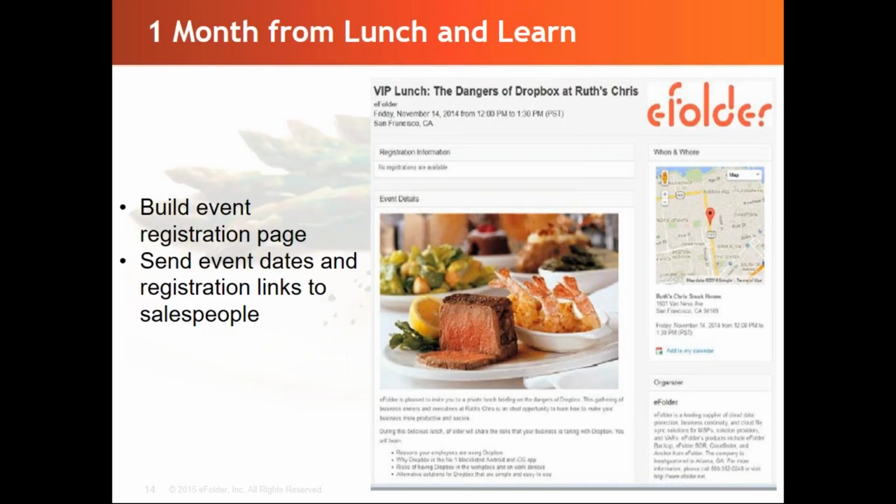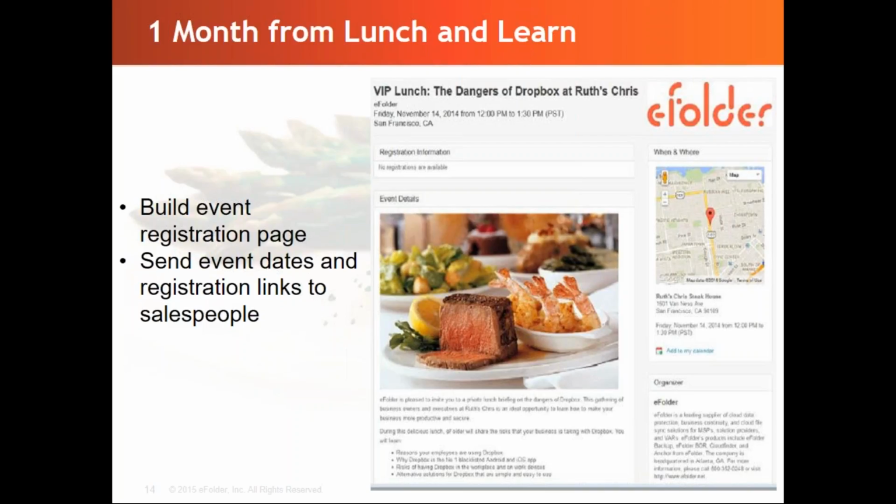One best practice here that we've learned along the way: already ask your prospects for the menu choices when they fill out the registration form. So even if you have not yet clarified the specific menu at that point, you can still get an indication of any dietary needs they may have, any allergies you should keep in mind, any exceptions that you need to pass on to the restaurant. By already asking that at the point of registration, you'll just save yourself any unexpected surprises on the day of